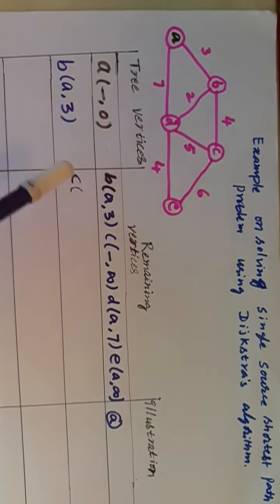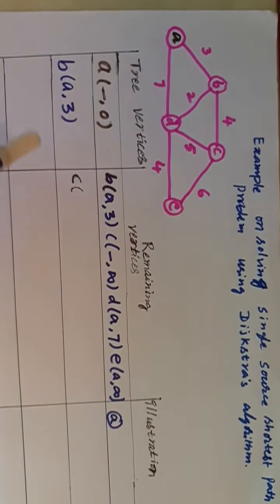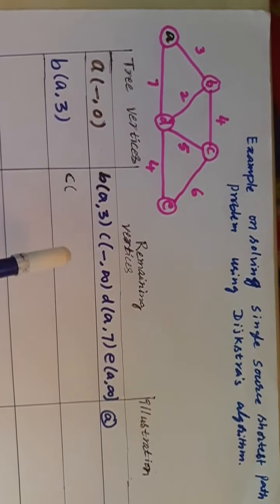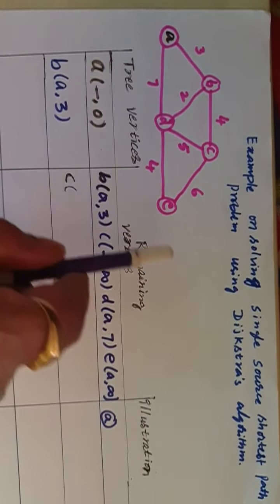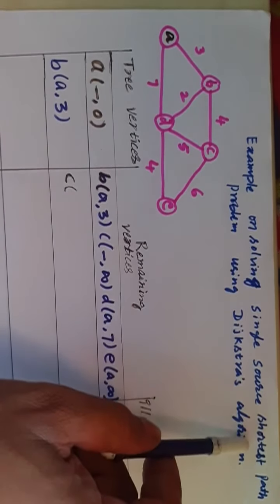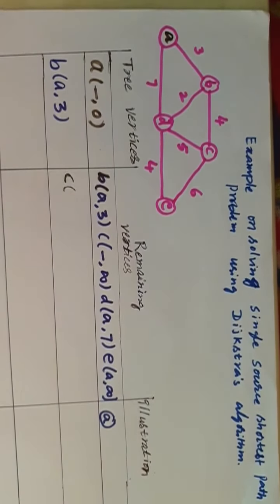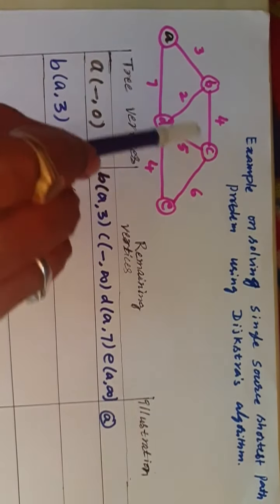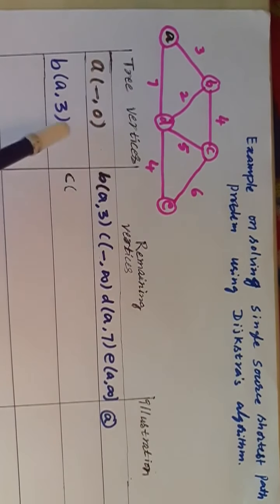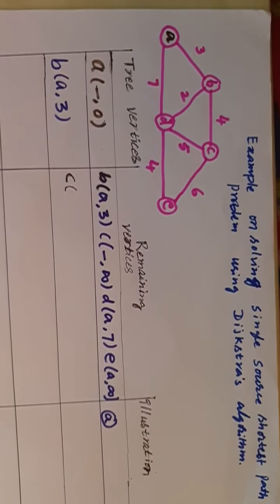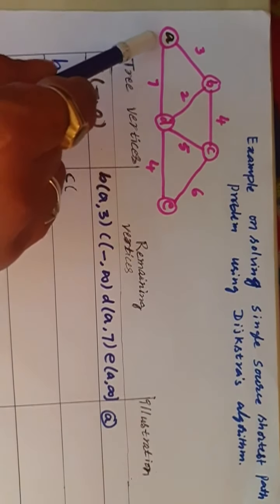This solution is almost the same as Prim's algorithm. But in Prim's algorithm we constructed the minimum spanning tree, whereas Dijkstra's algorithm will solve the single source shortest path problem. First let me explain what the single source shortest path problem is. It means that from a given single source vertex we need to calculate the shortest path to all other remaining vertices. For this example the source vertex should be given, and we have considered a as the source vertex.